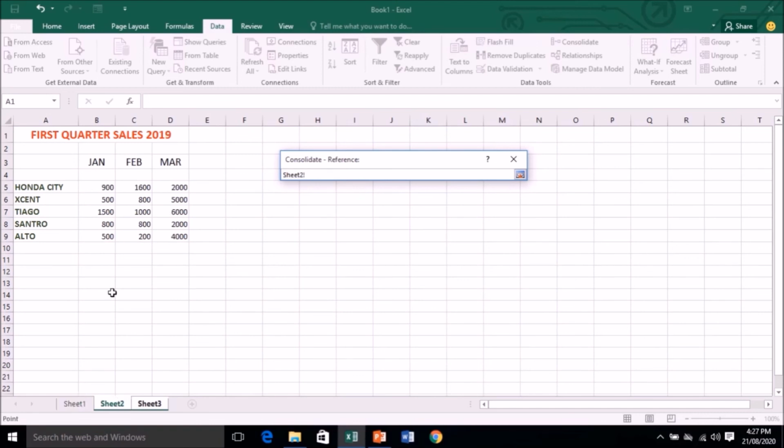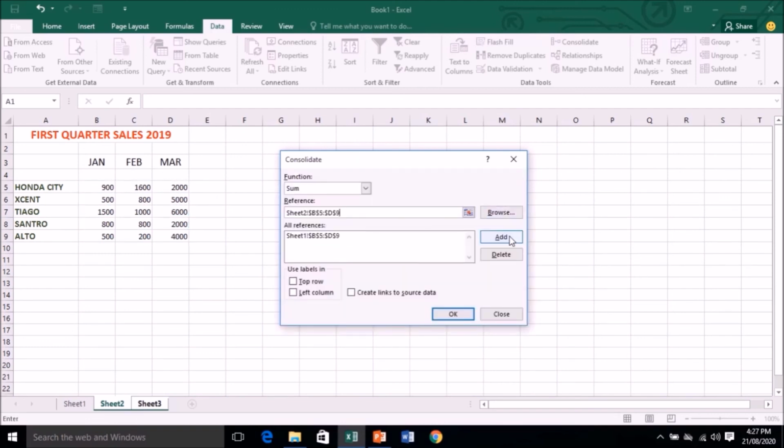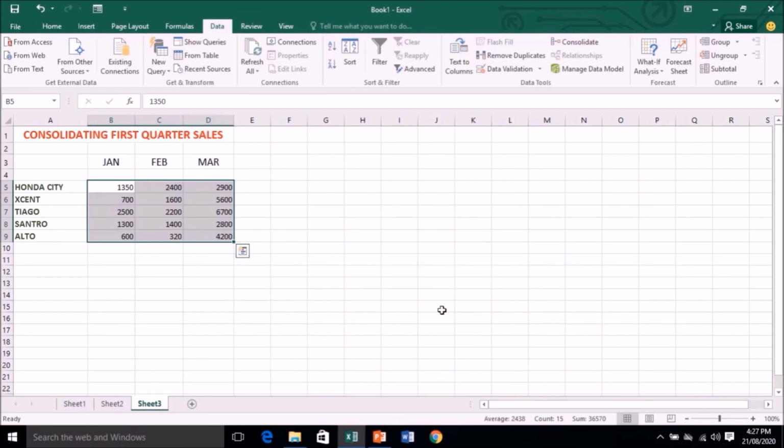So we'll select this. Okay. Again, we will open the dialog box and we'll go for add button. So here both have been added. Now we will go for OK button. Wow. So here we have the combined data of both the sheets. So consolidation, as we have just seen, it helps in combining the data of the other sheets.